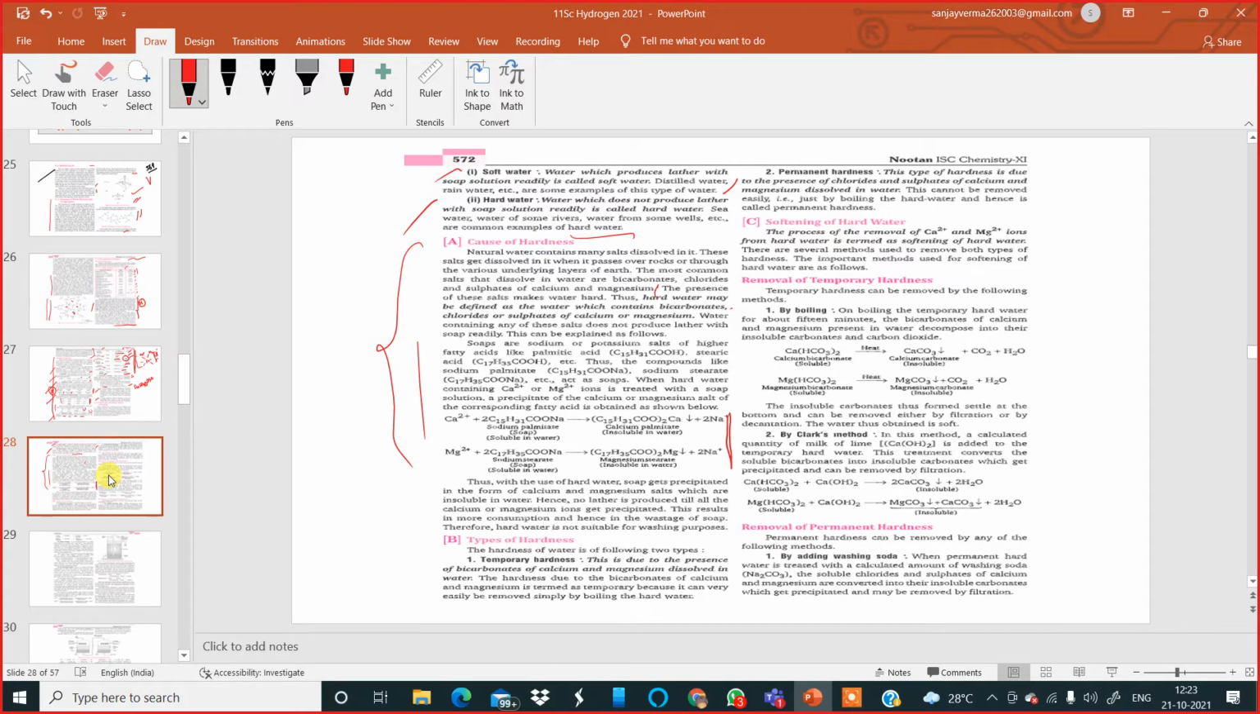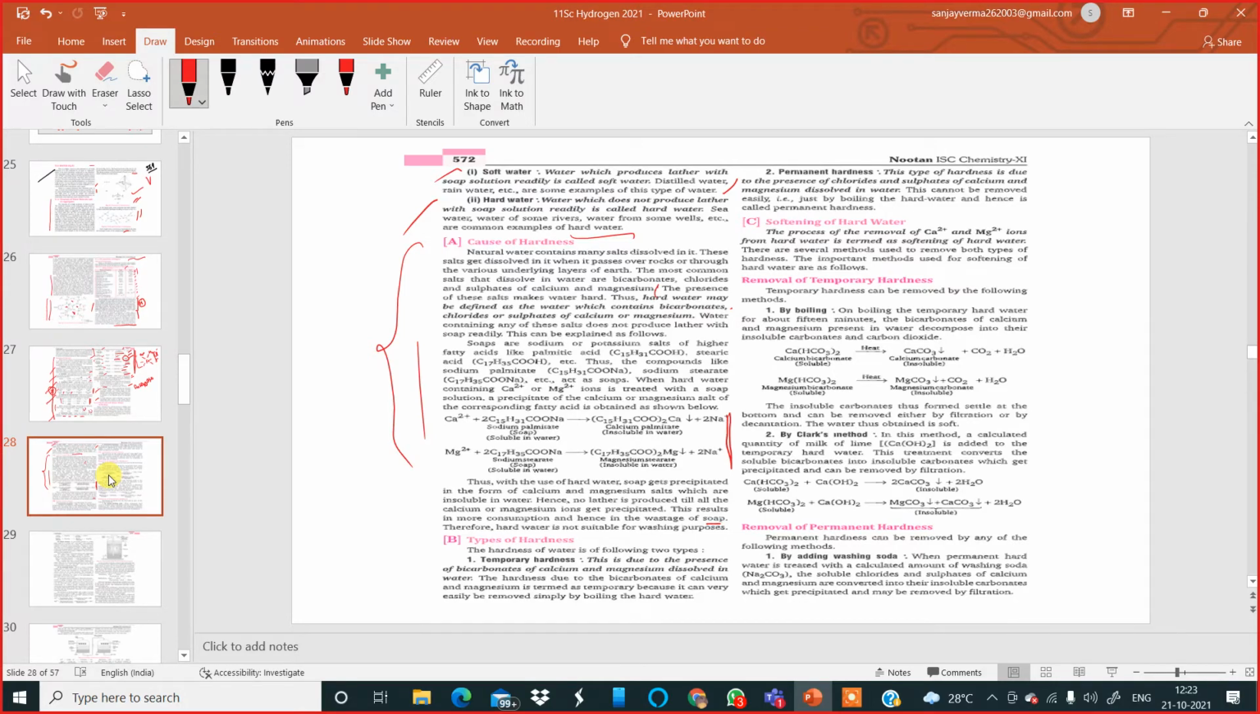That's why there is no lather. Hence, no lather is produced till all the calcium or magnesium ions get precipitated. This results in more consumption and hence in the wastage of soap. Soap gets wasted. So that's why in the plains, if you're using underground water, well water, the